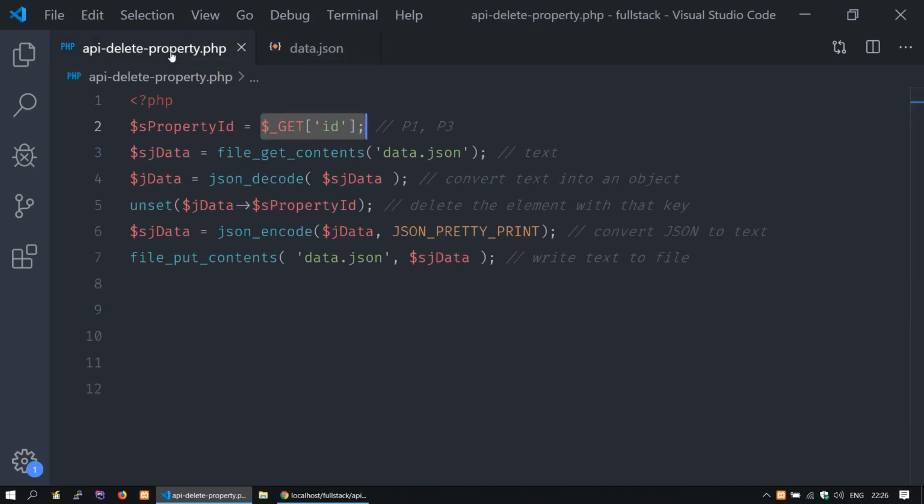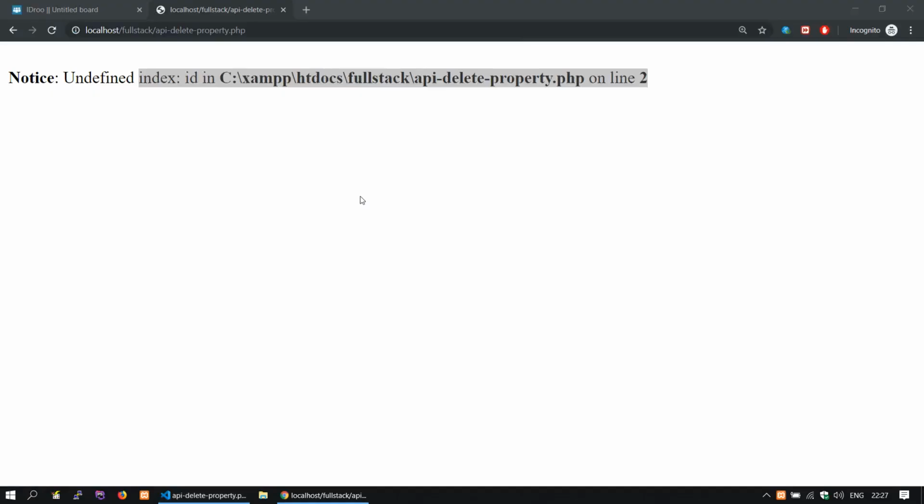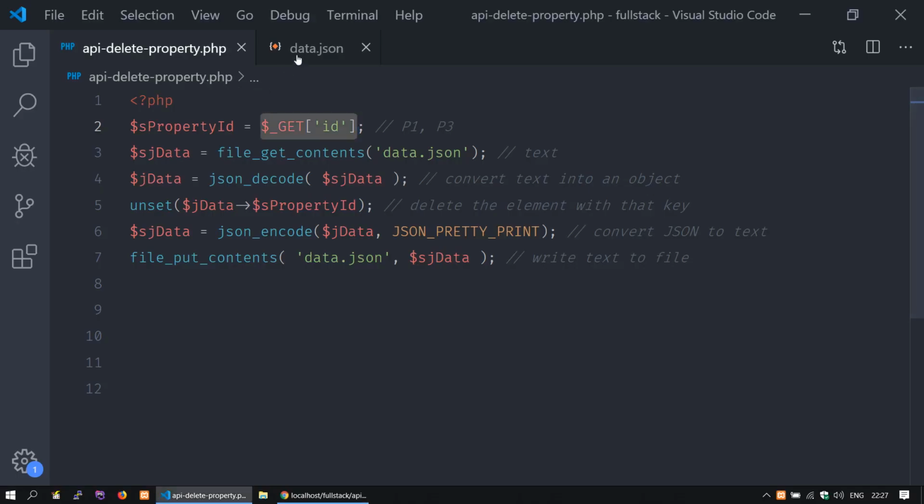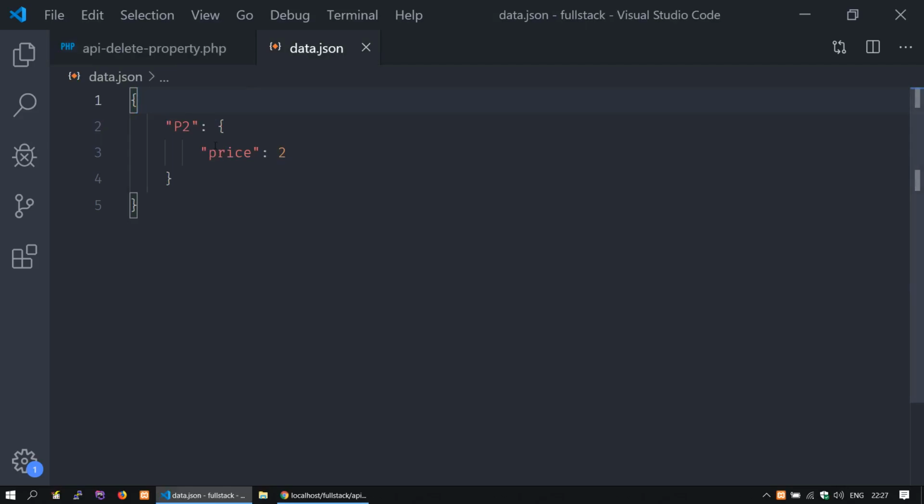To test the API delete property again, I will have to pass an ID via the address bar. So I go to the address bar and then I will say ID equals P1. Let me zoom in so you can see what I'm doing here. It could also be ID equals P2. It could be any ID that you have in the text file. So I will say P1. That's the ID I'm going to pass. When I click enter, my API doesn't echo anything, but when I look at the data.json, P1 is gone because